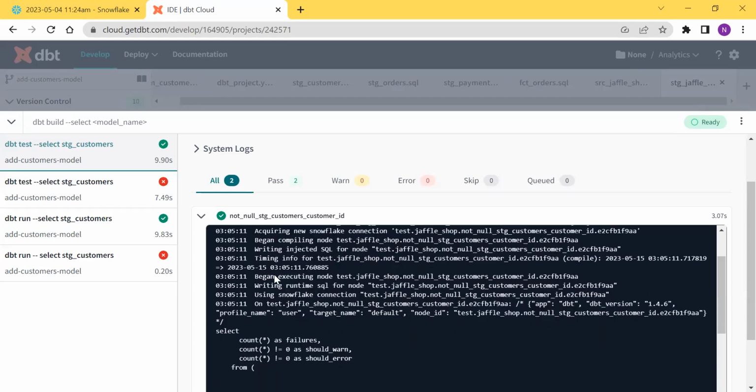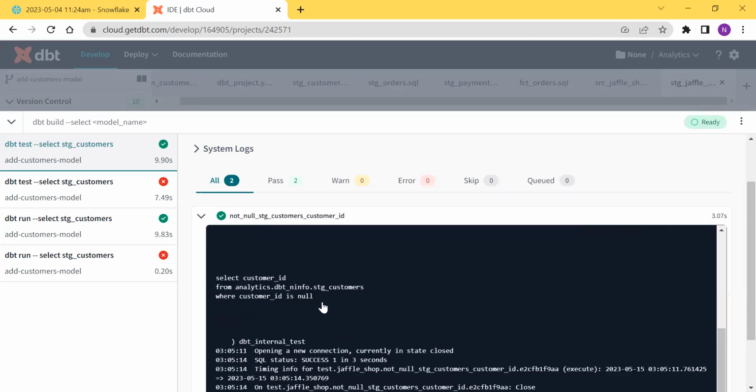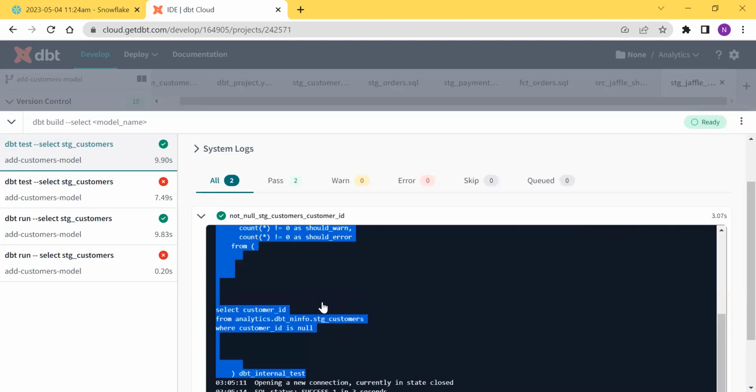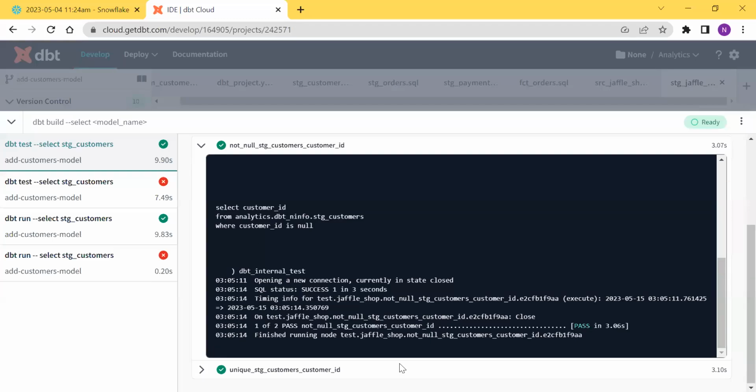If you see here, if it succeeded, that means we don't have any null values inside that customer_id. If there were any null values, we would see this test failing here. The same way for the unique test also. The unique test, also based on the same customer_id column, will be doing